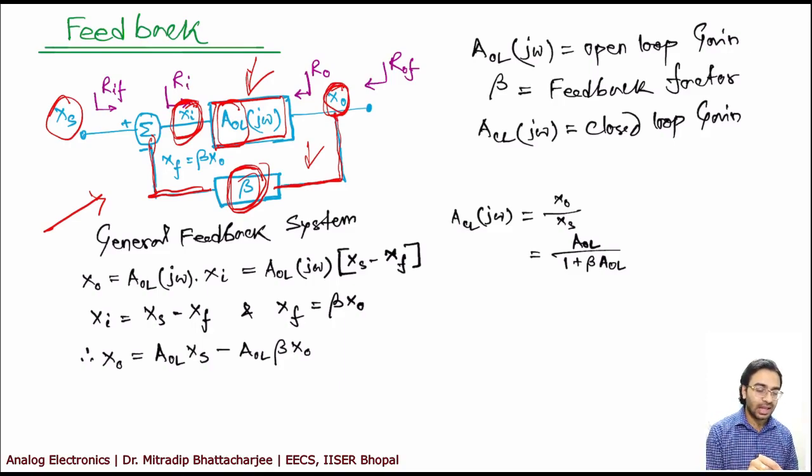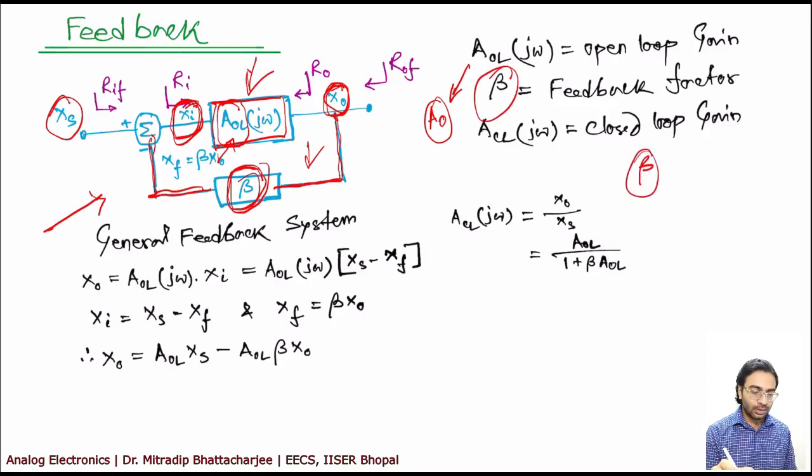So in this case, AOL is known as open loop gain. OL means open loop. So people also say this as A0 or AO. I will use this interchangeably later. Beta is known as the feedback factor. So what should be the value of beta, do you think? The value of beta should be less than 1 because your XF feedback function is beta into X0, beta times X0. So your beta should be less than 1.